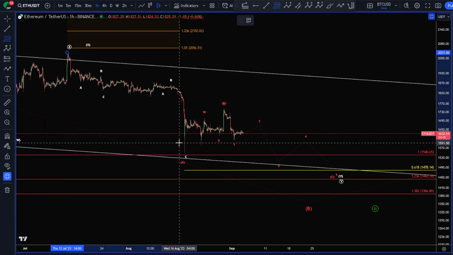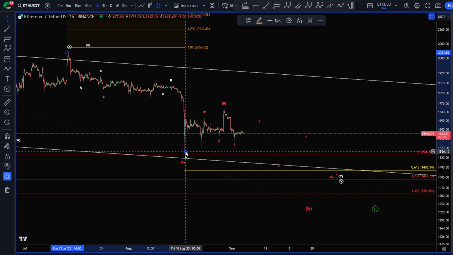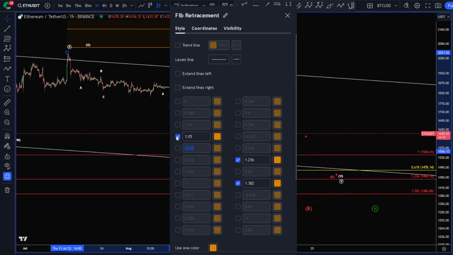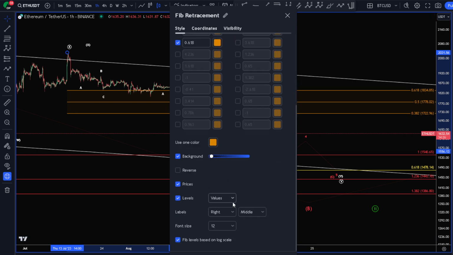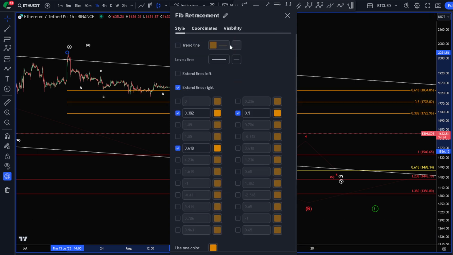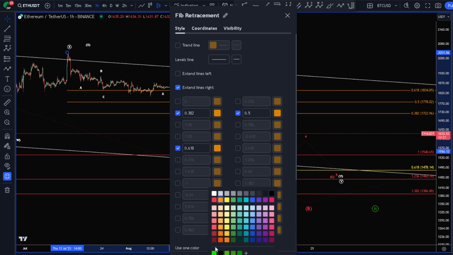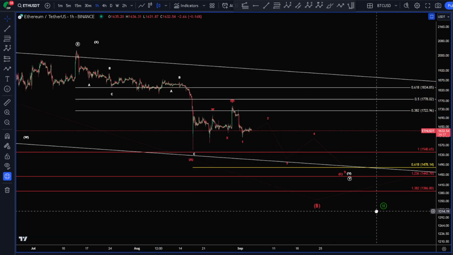And that is the possibility that we make a higher high here for our B wave. Not saying this is going to happen, it's just something to keep in mind. And that is we hit the